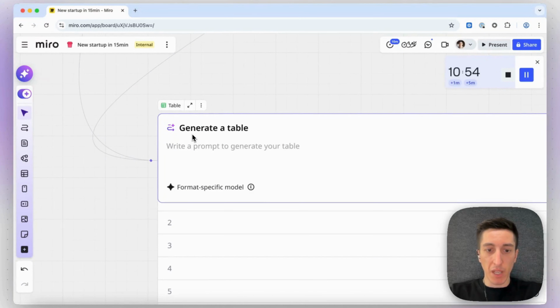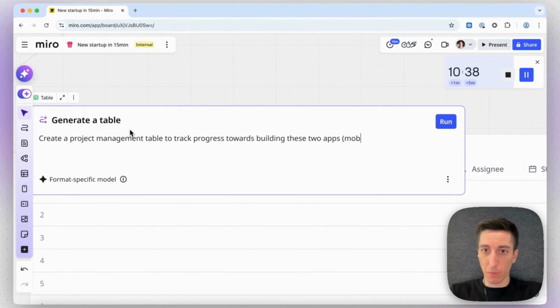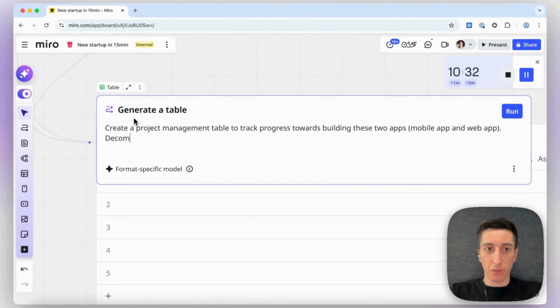And here this is going to be for creating a project management table to track progress towards building these two apps. So we have our mobile app and our web app. Decompose the most important lines of work into